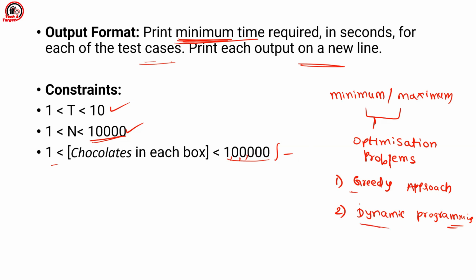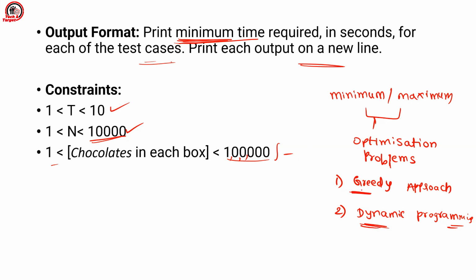Now, dynamic programming is an optimization to recursion. In dynamic programming, you find out all the ways of solving the problem, and you take only the best output. If they ask for minimum, you take the minimum one, or if they ask for maximum, you take the maximum one. Whenever you come across questions like minimum or maximum, first think in terms of the greedy approach. And if you see that it cannot be solved using the greedy approach, then you go for dynamic programming, right? This is how you will be able to solve that.